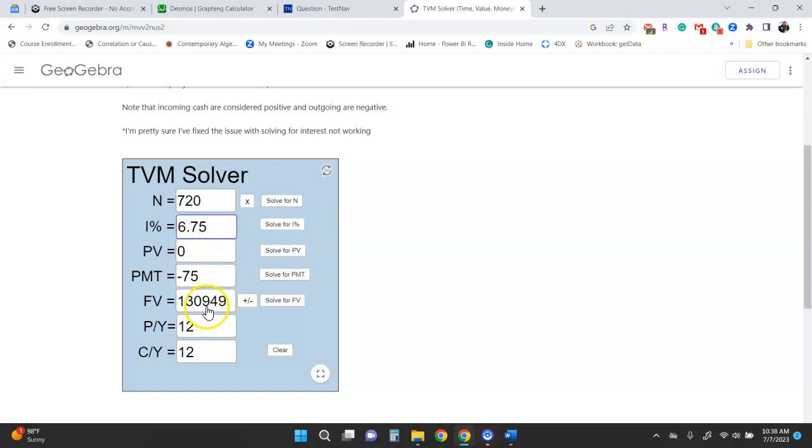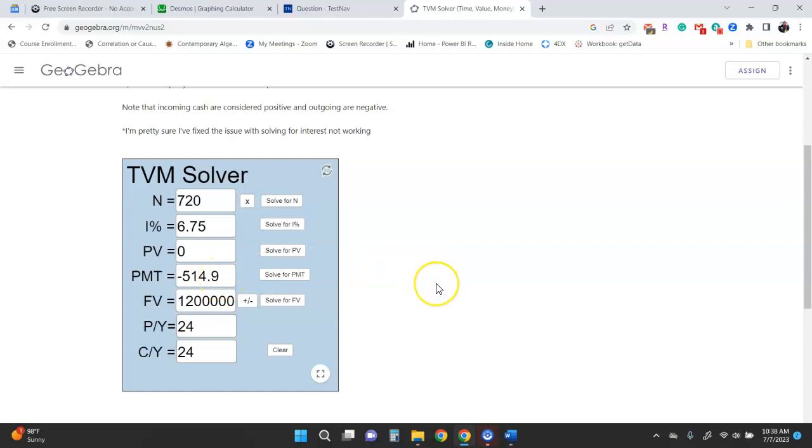6.75%. And we know that this was done semi-monthly, so 24 times. We want $1.2 million, so we want to know what that payment is supposed to be. This time we're going to solve for the payment. And the payment is